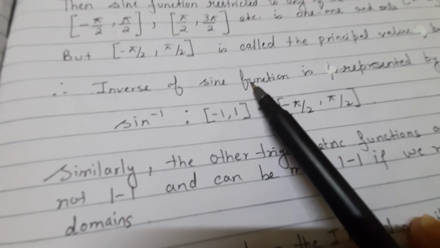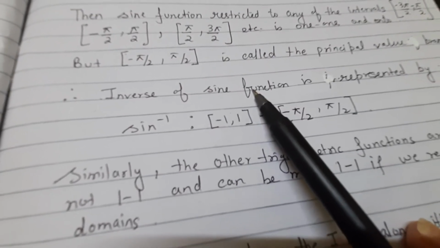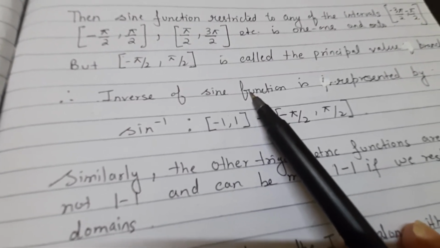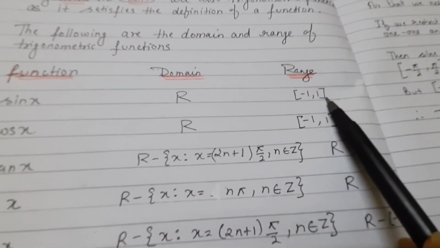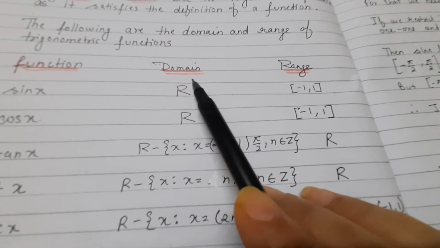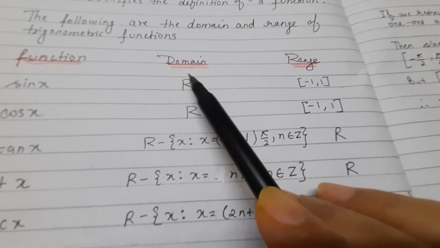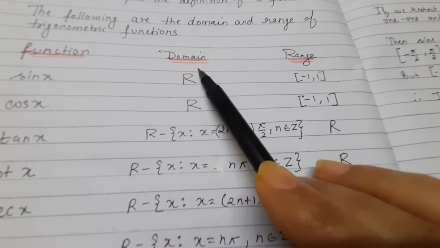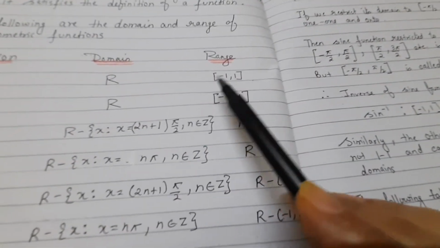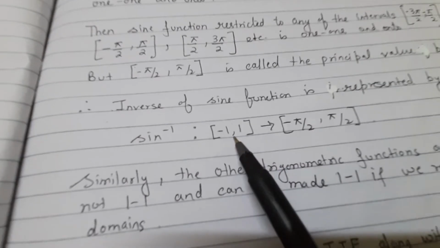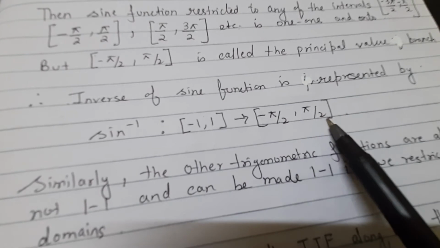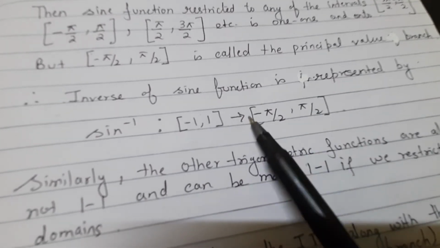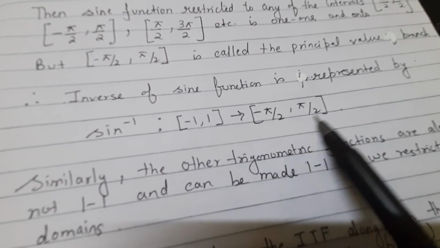Now you have learned the definition of the inverse, that if f is a function from x to y, then the inverse will be from y to x. So over here the sine function, I have told you, is from R to minus 1 to 1. So you will say that the inverse should be from minus 1 to 1 to R, but on the whole of R it is not one-one. So I have made the domain what? Over here y is this, so minus 1 to 1, and my range over here will be minus pi by 2 to pi by 2. The principal value branch will be taken as the range, because in this interval the sine is bijective.